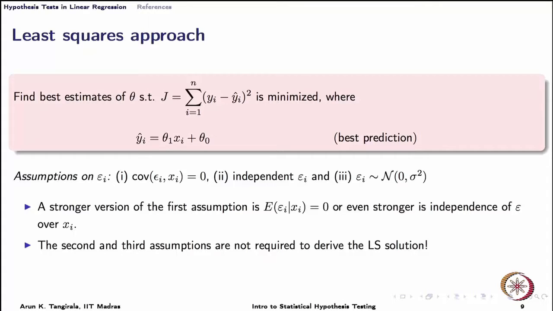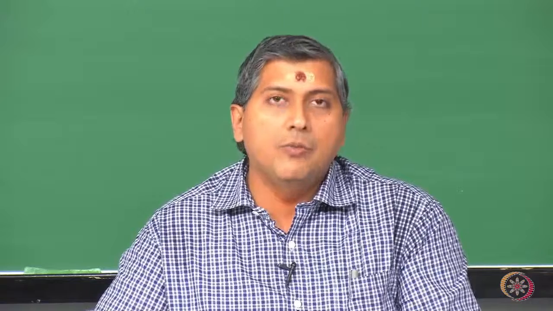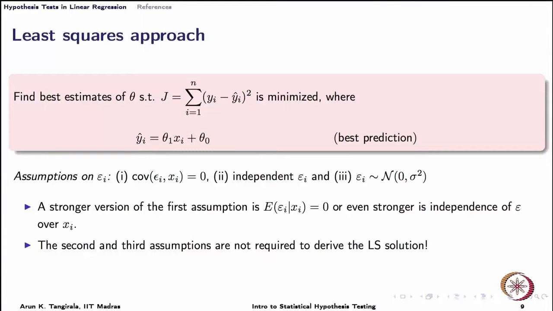So, if I make a prediction, let us say I give you xi, what would be your prediction? Call that y hat of i. That is, if I give you xi and model parameters theta 1 and theta naught, what would be the prediction? The prediction would be theta 1 xi plus theta naught, assuming that epsilon has 0 mean and that you cannot predict epsilon using x. That is very important. That is the first assumption we are making, that there is nothing in x that you can use for explaining epsilon. That is what we mean by covariance between xi and epsilon i being 0.